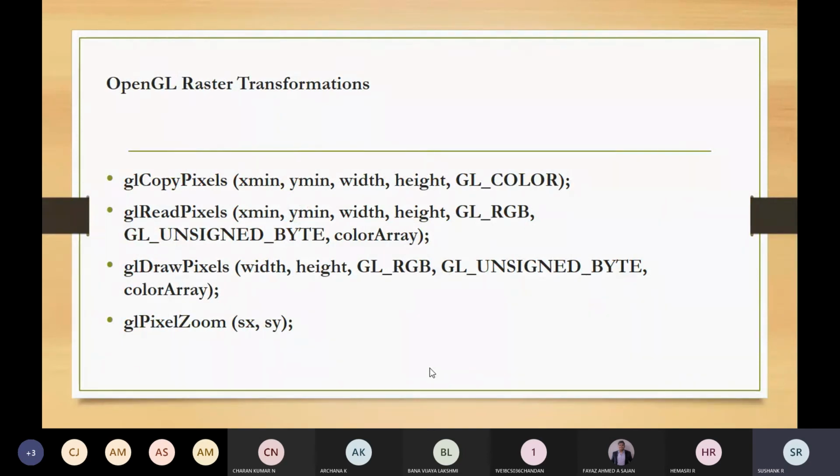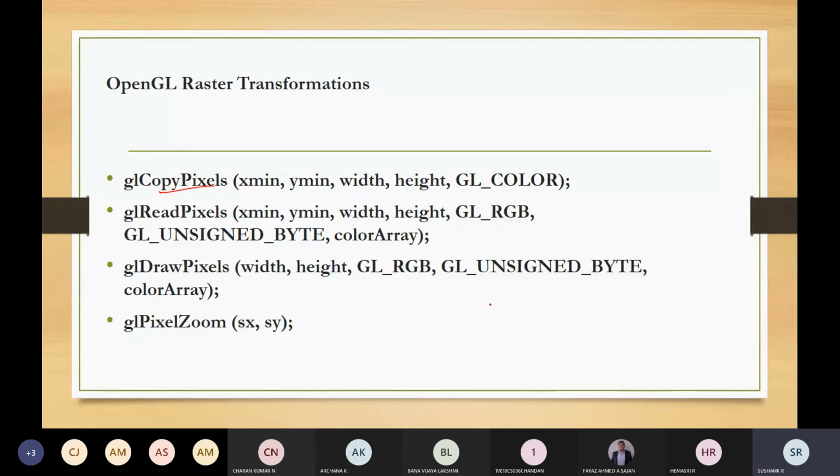What this will do is the translation of a rectangular array of pixel color values from one buffer area to another buffer area, and this is done through glCopyPixels. It contains four parameters.